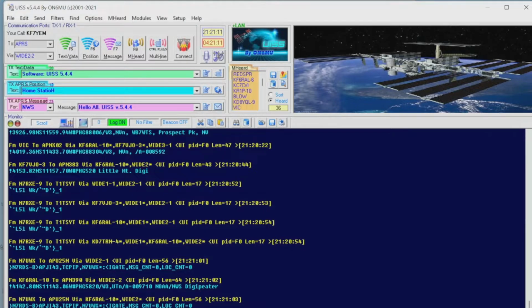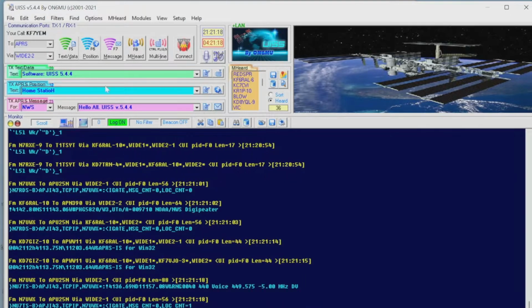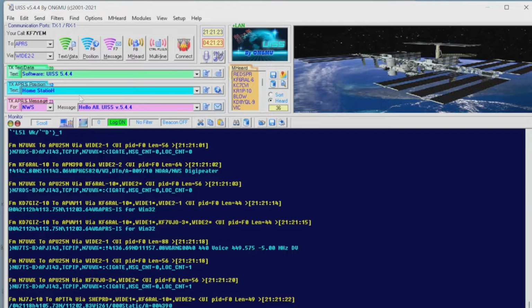In that journey, I came across this program called UISS, and this just helps you format the characters that are supposed to be in the APRS packet, so you can then convert them to the right audio frequencies and send them up to the International Space Station. When I first came upon this program, I thought that it did everything. Later to find out that all this takes care of is the messages, the to and through what gateways